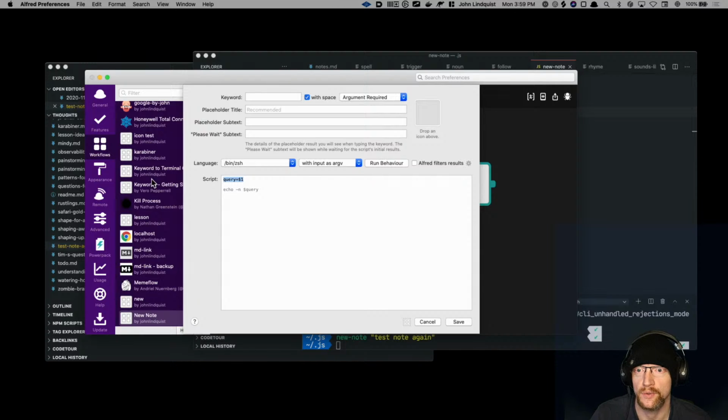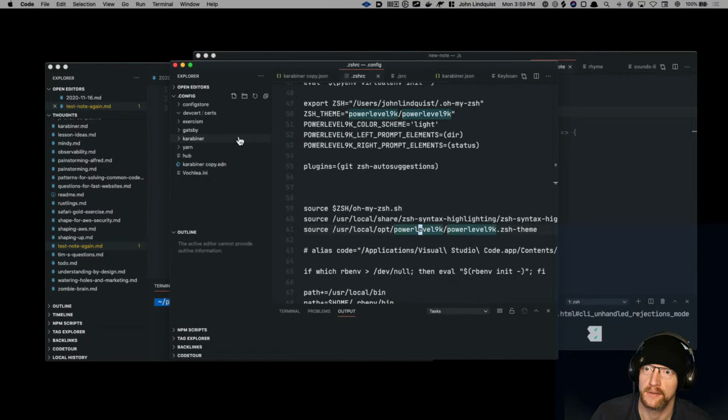So when I set this up, I want to source my JS RC file. And to show you that real quick,